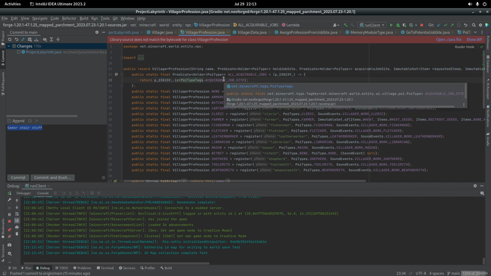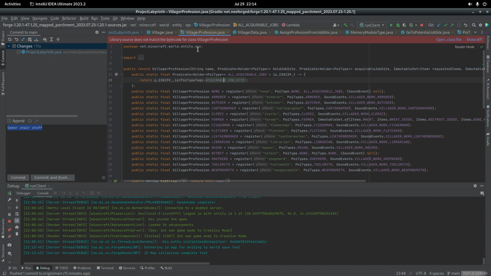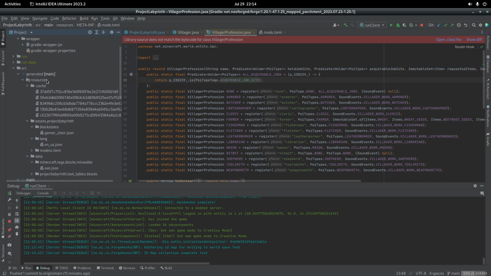POI type tags. Oh, I see. So we need to add it to the acquirable job site POI tag. Okay. So we need to add a